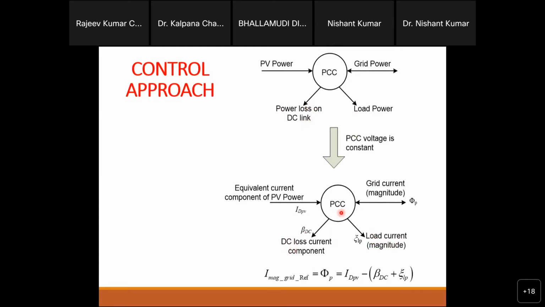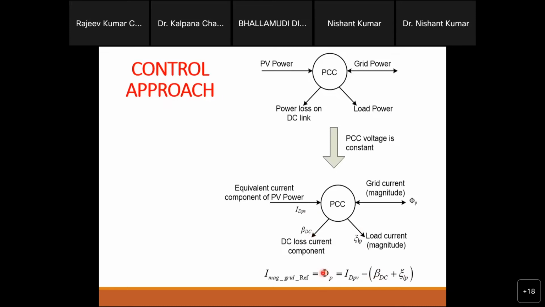So finally all those powers we can derive in terms of current, right? And finally, what will happen? The final term will come this way. So this is the input one, IDPV minus beta DC. This is the loss because of the DC link capacitors, some small losses to maintain the DC voltage. So minus beta DC, and this is minus load. So these two will be subtracted, and then finally we get the grid current reference, or we can say the grid current magnitude,